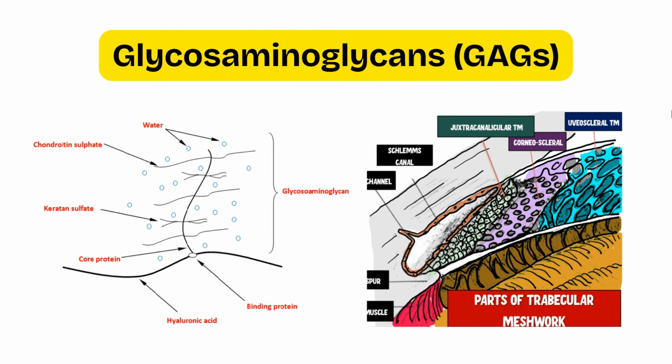Now, first of all are the glycosaminoglycans. So in this picture, you can see the structure of the glycosaminoglycan in general. Now, these are an integral part of the trabecular meshwork. These glycosaminoglycans have this property that they can attract water via osmotic forces, and as they attract water, this will cause hydration and edema of the trabecular meshwork. Trabecular meshwork is nothing but holes or those cribriform layers, right? So when there's hydration and edema of the holes or the openings of the trabecular meshwork, there will definitely be